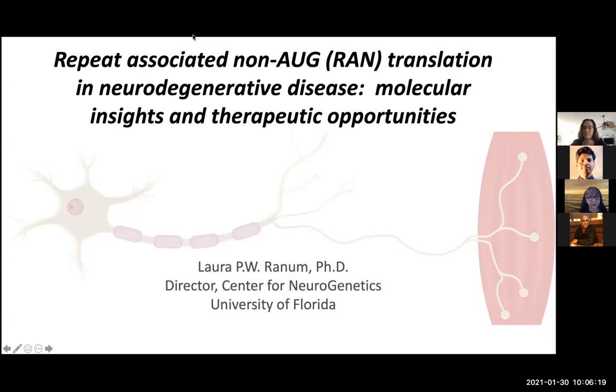Dr. Ranum's scientific contributions have been honored by multiple awards, which include the Hans Steinert Award for myotonic dystrophy research, election as a fellow of the American Association for the Advancement of Science, the Javits Neuroscience Investigator Award from NIH NINDS, and additionally, she served as a co-chair of 8 international scientific meetings and is an advocate for ataxia, myotonic dystrophy and ALS